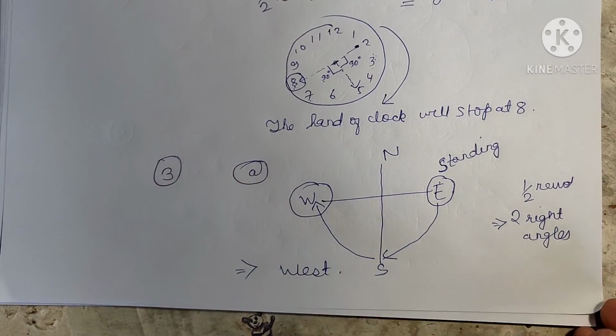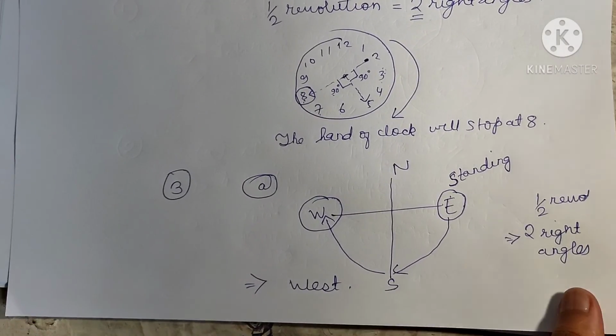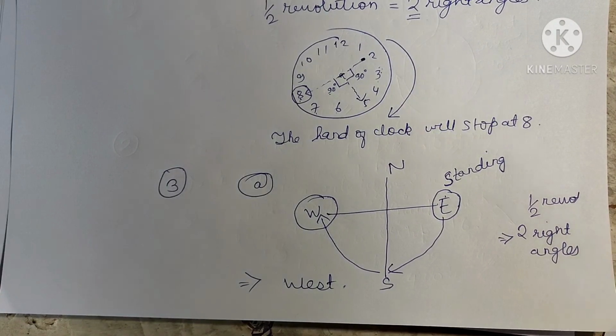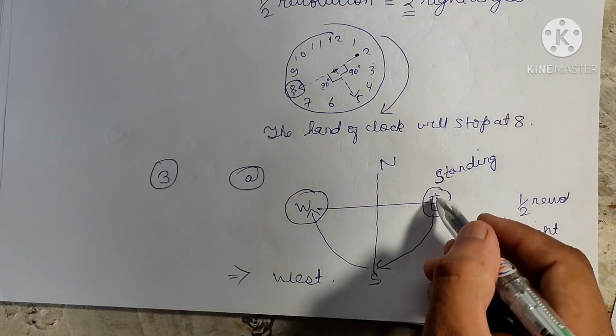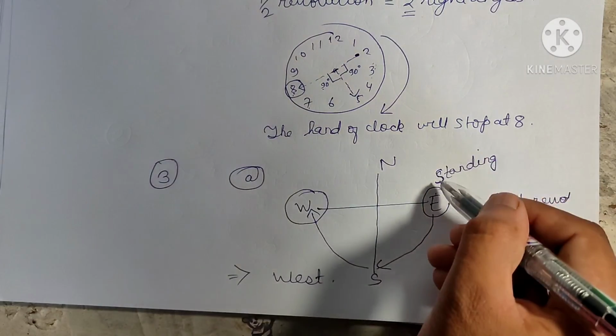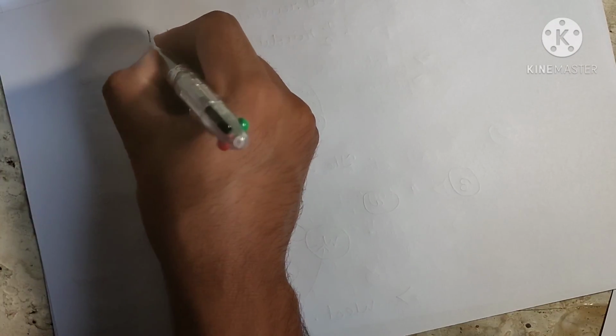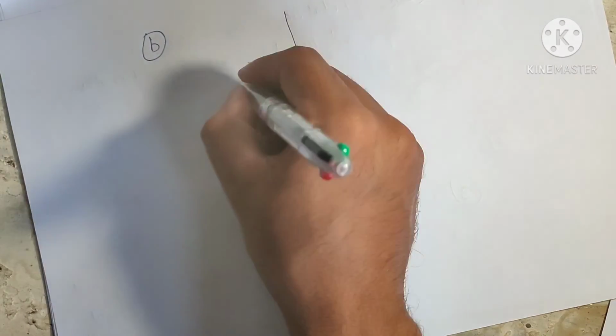Okay, very simple. Two right angles, we have to turn two times from where we are standing in clockwise direction. If it was anti-clockwise, students, how will you go? You will start from this direction. Anti-clockwise means this direction. Okay, hope you understand. Very simple. Number B, we are again standing at east, north,